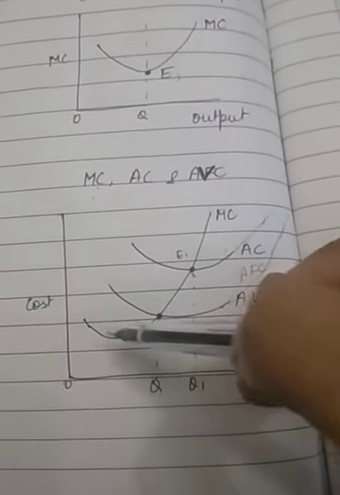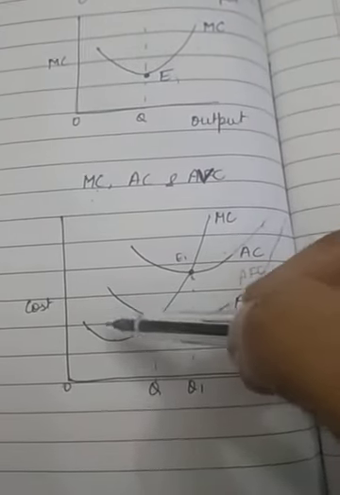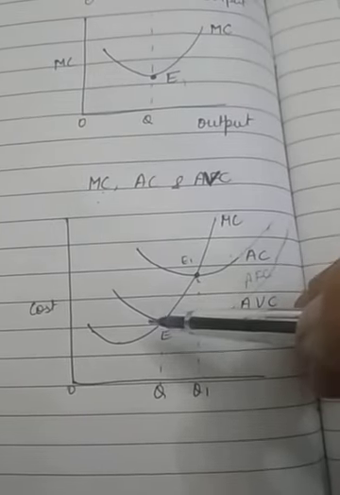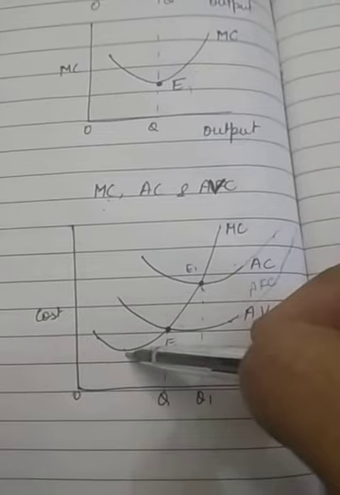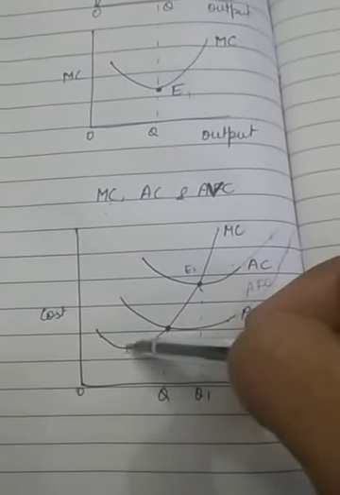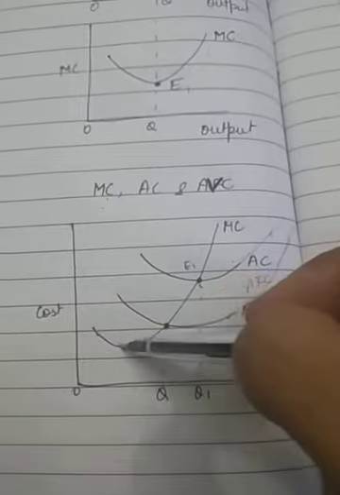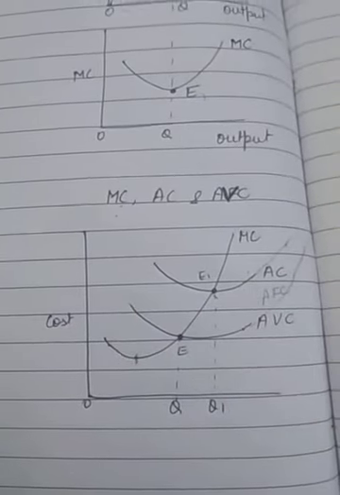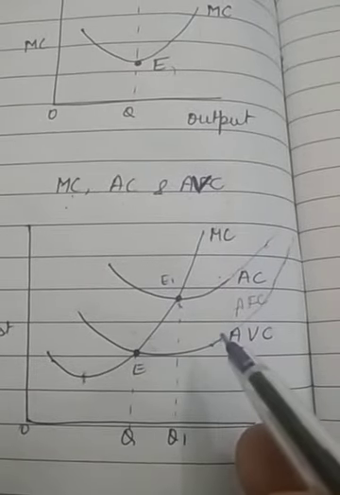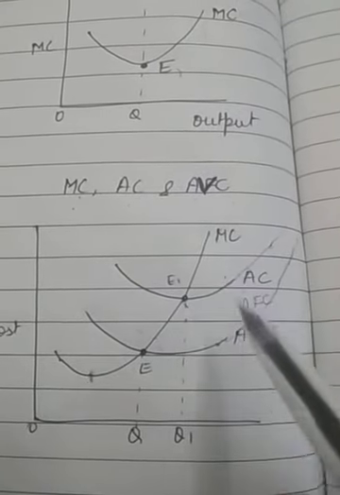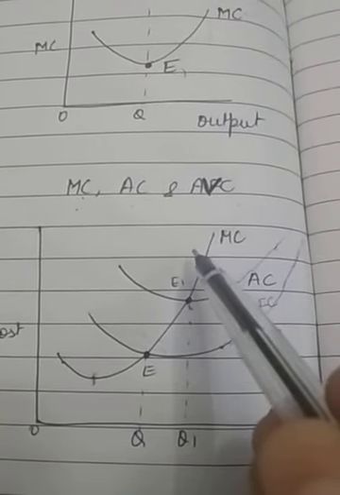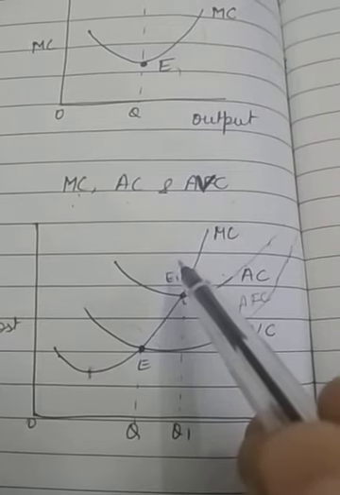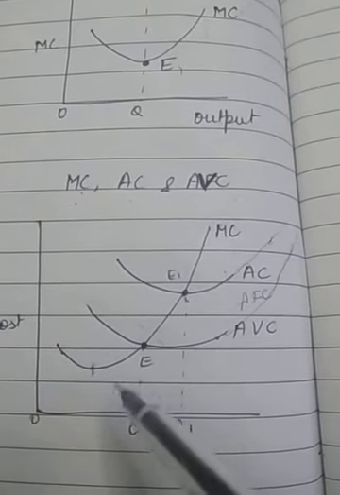That means when AVC falls, MC is lower than AVC. In the diagram you can see, and in this case MC falls more rapidly than AVC. This is the minimum point of the MC. That means it falls more rapidly as compared to the AVC. Next you can see when AVC rises, MC is greater than AVC. You can see AVC is here and MC is above. So MC is greater than AVC, and in the diagram also you can see that AVC starts rising from point